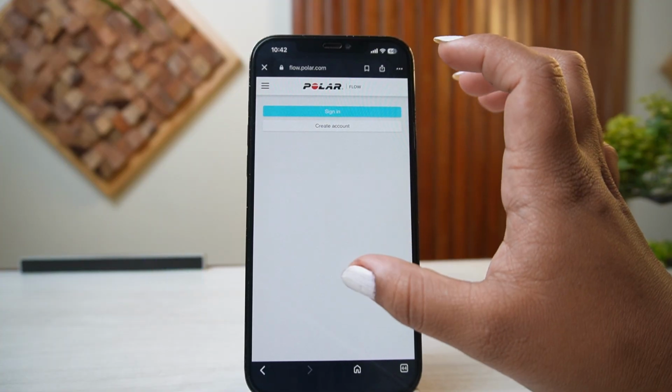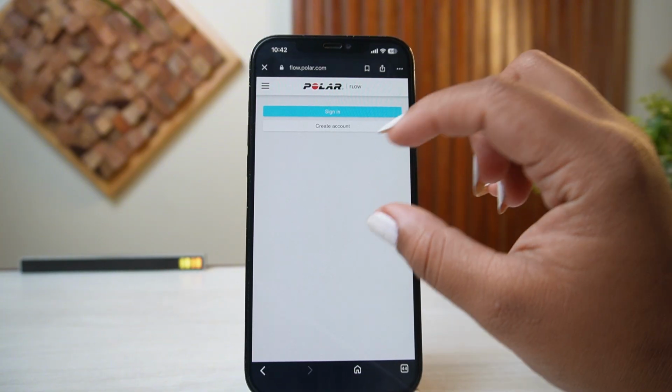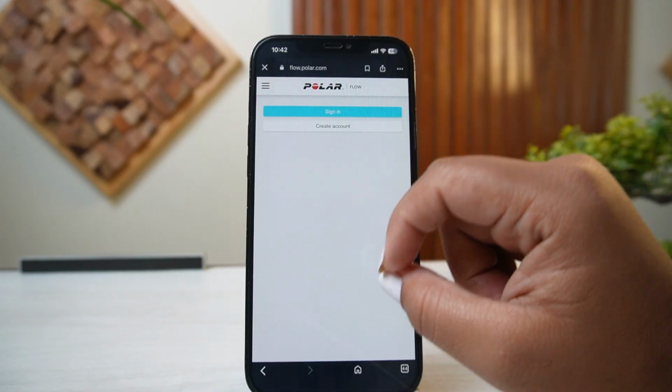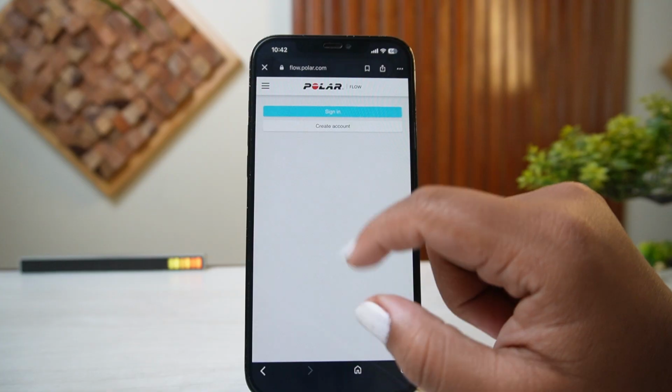Here you'll be able to get into the sign in page, where you can add in all of the credentials of your account, like your email address and the password of your Polar account. Once you write in the email address and the password, all you need to do is tap on sign in